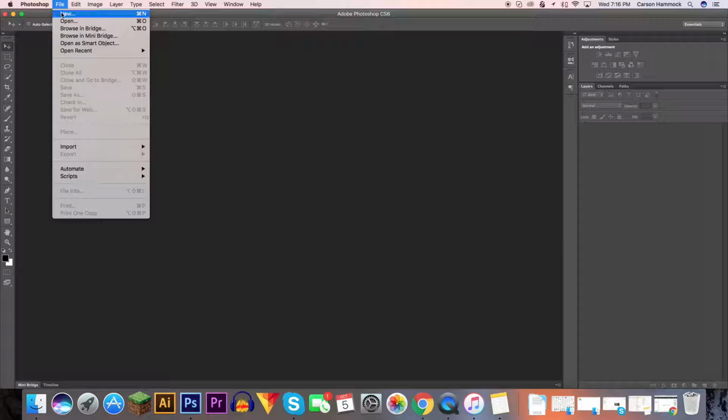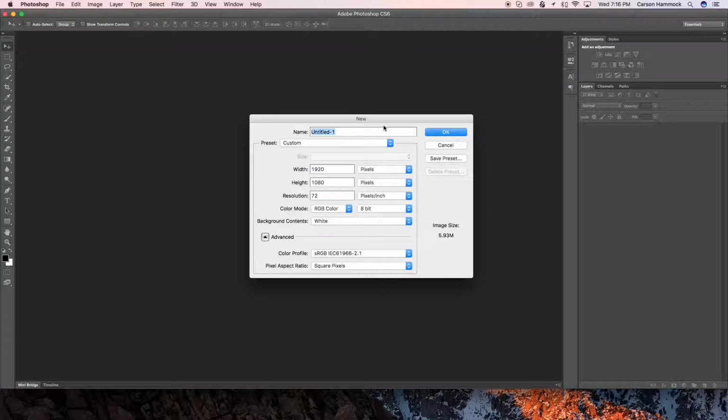So first you want to go to File, New, or Command N on Mac, and we'll just call this space text effect. And then just go 1920 by 1080, assuming you want to put it for your background. Go RGB because you're not printing, and 72 resolution